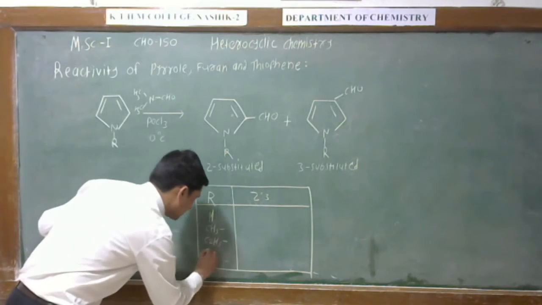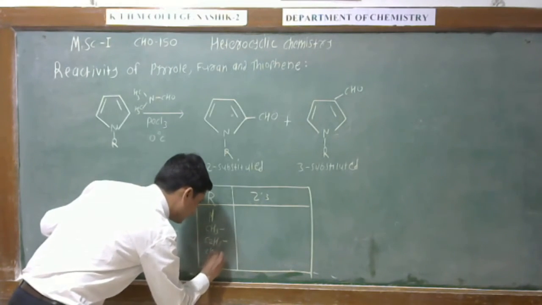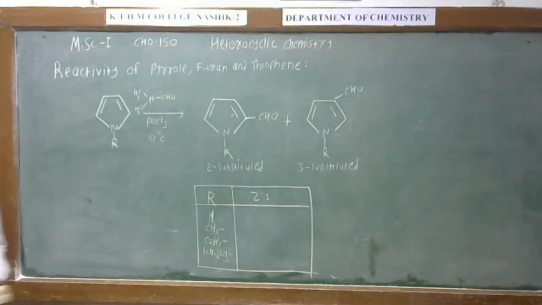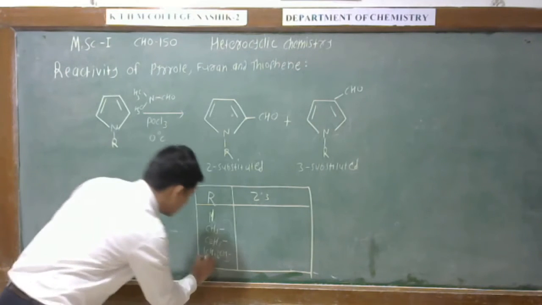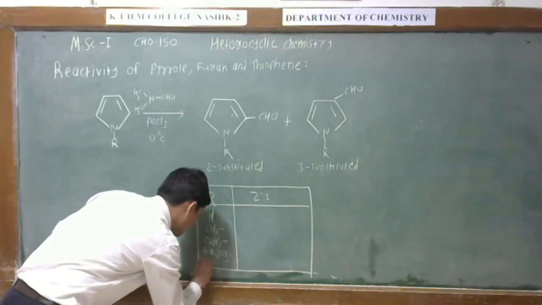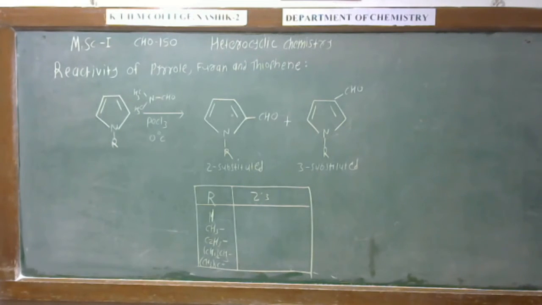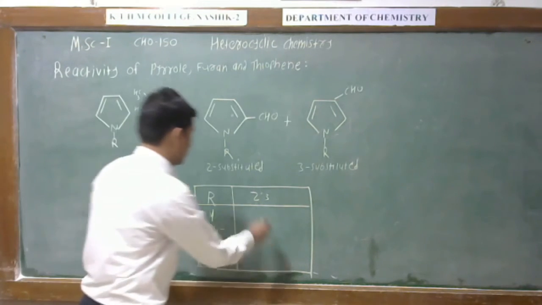C2H5. Then isopropyl group (CH3)2CH, and finally the tertiary butyl group (CH3)3C. See, when we take here the ratio of 2:3, firstly the ratio is